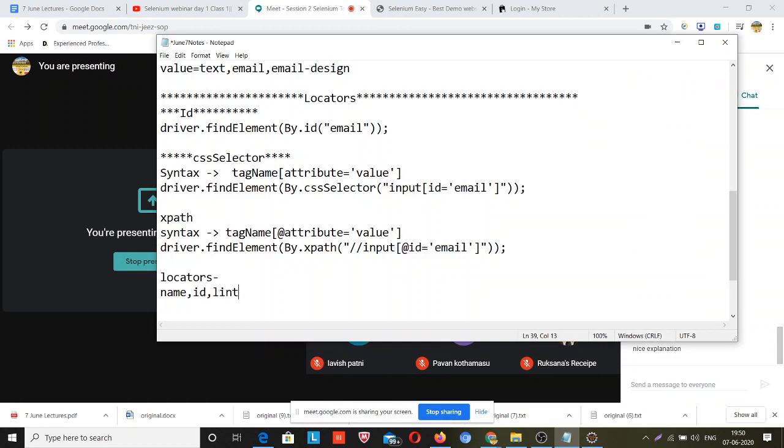link text. I will explain each and every one and give a code example. XPath, CSS selector, basically CSS selector is a CSS locator.